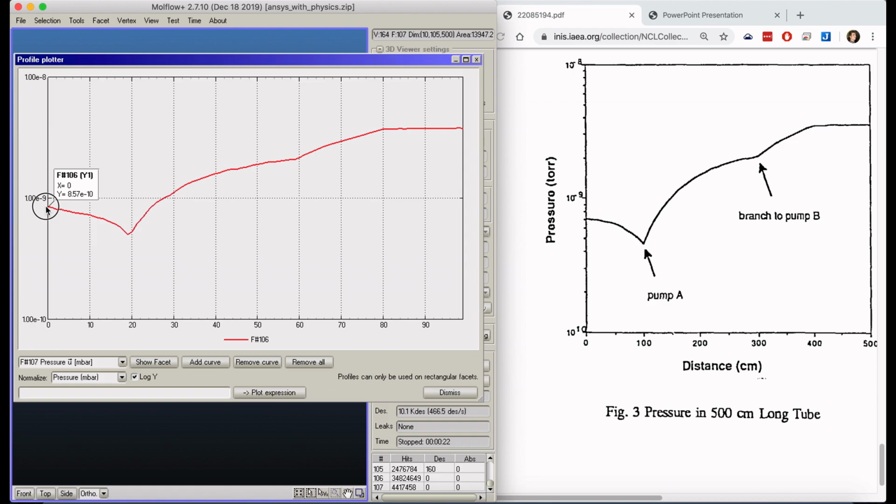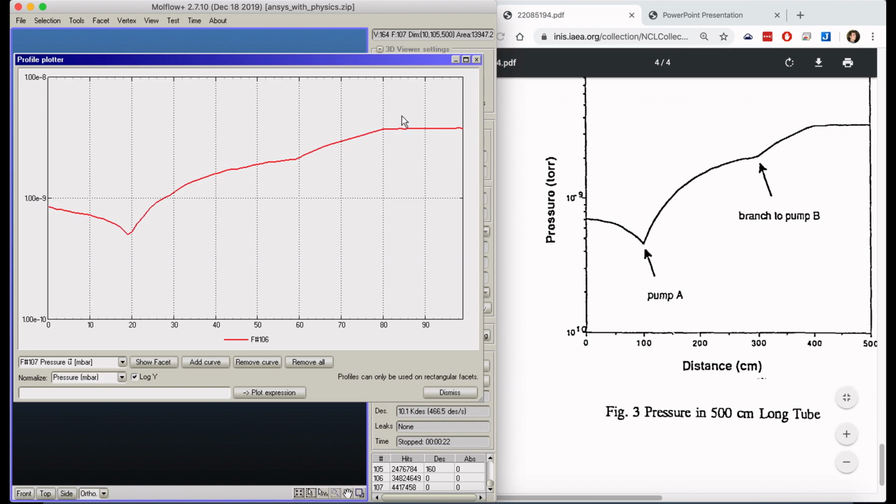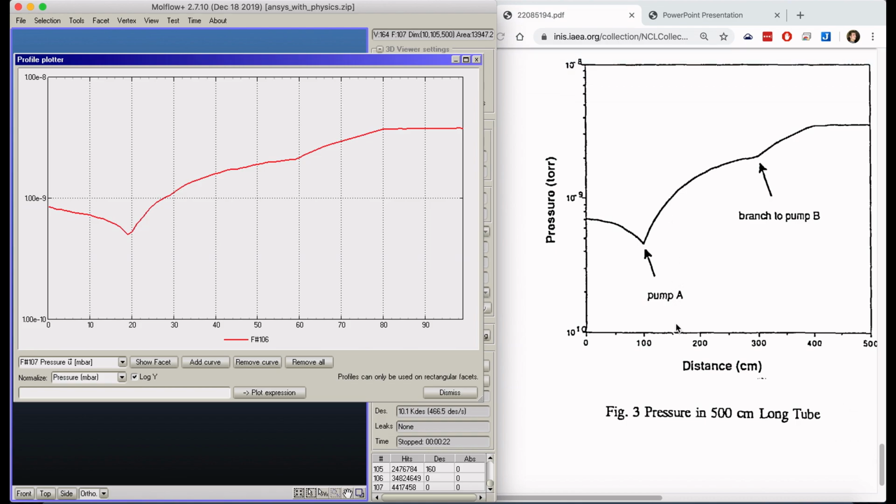Yeah, it's slightly higher, maybe the system is, actually basically here we can see the distance of the system expressed in centimeters, and for Molflow profiles it's always 100 slices. But the pressure profile is exactly the same. We can see that it's crossing 10 to the minus 9 at basically 30%, which is more or less correct. And then you get an inflection point at the second pump, and finally a dead volume with a